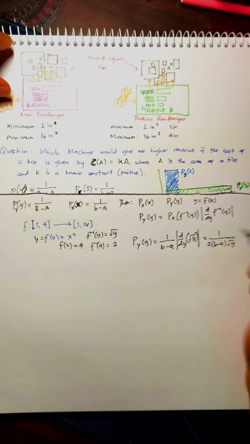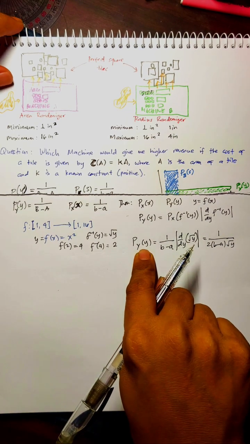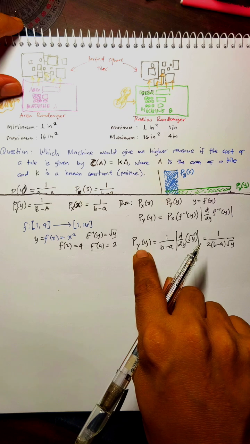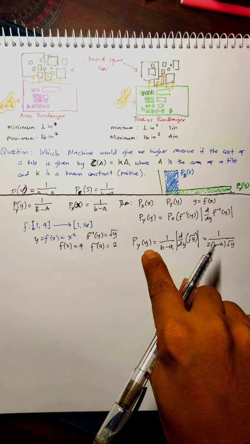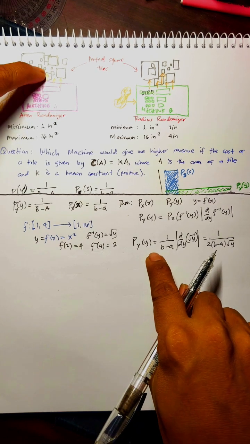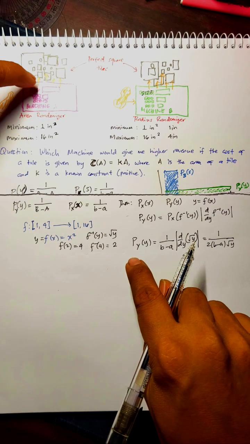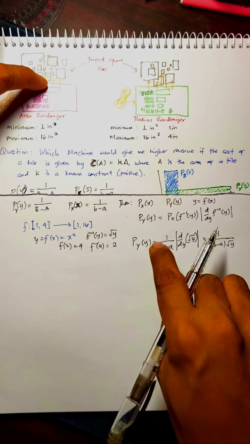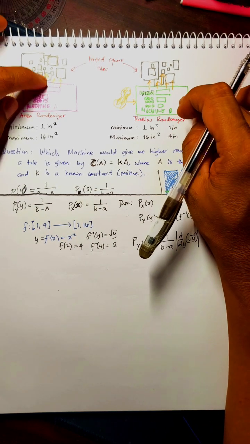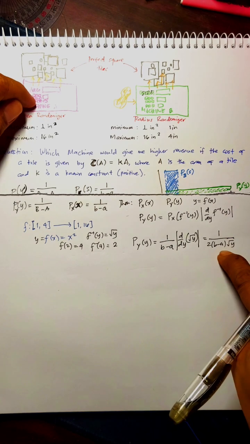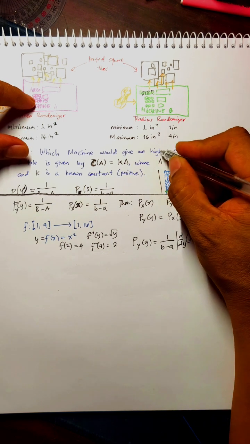Okay, so we now have our distribution in y. And as you can see, this distribution is not even uniform, meaning that the distribution on A is uniform, in, let's call that A space. The distribution of the tiles made from machine A in A space is uniform, whereas the distribution of the tiles made from machine B in A space is not uniform. It is given by this one.